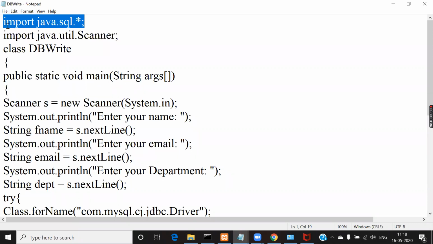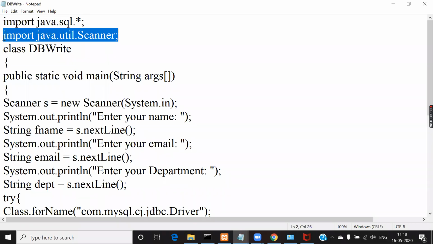So you have to import that java.sql.star package into your program. Then I'm also importing the Scanner class of util package, because to read values from the keyboard, we were entering the name, email ID and department of the faculty, right, when I ran the program.